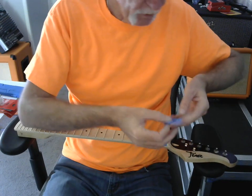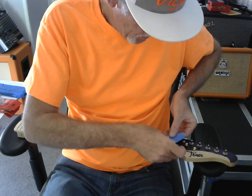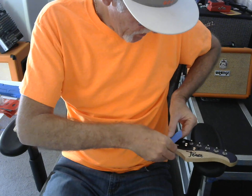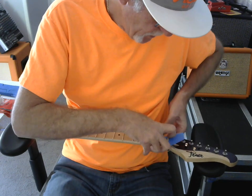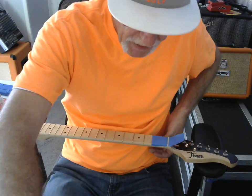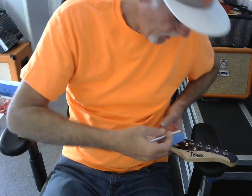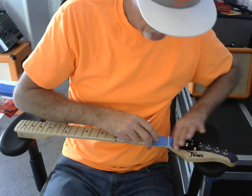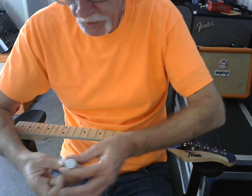And we're going to take a little bit. We're going to put it on this side as well, right? You want to make sure that there's no gap in there, and for that I take the back side of my little X-Acto knife here, and I'll put that down to where it's completely tight on that. Right? Then what I would do